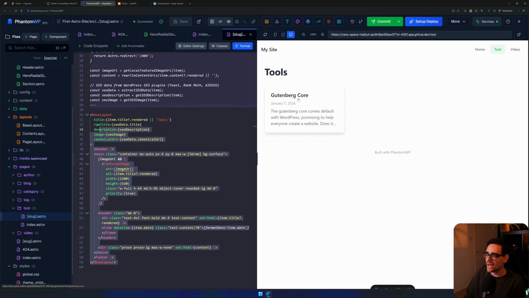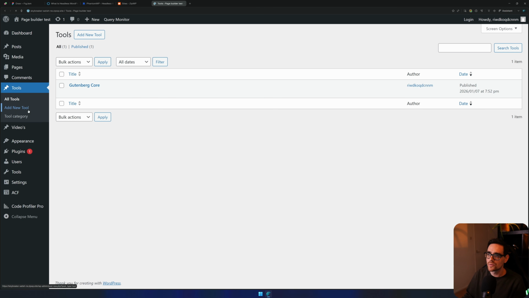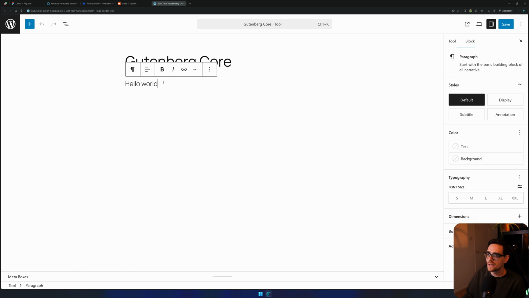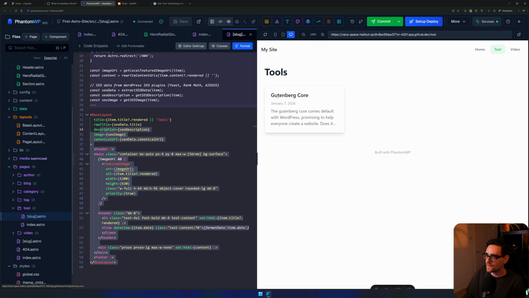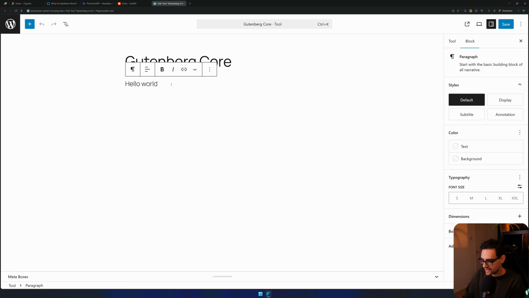And as you can see, we have the Gutenberg core right here in our tools section. If we go into tools, we see that we have Gutenberg core. We have a description, title, and some information in here. Title, description, which is the same. And if we click on the section, you see that it says Hello World. If we change this to